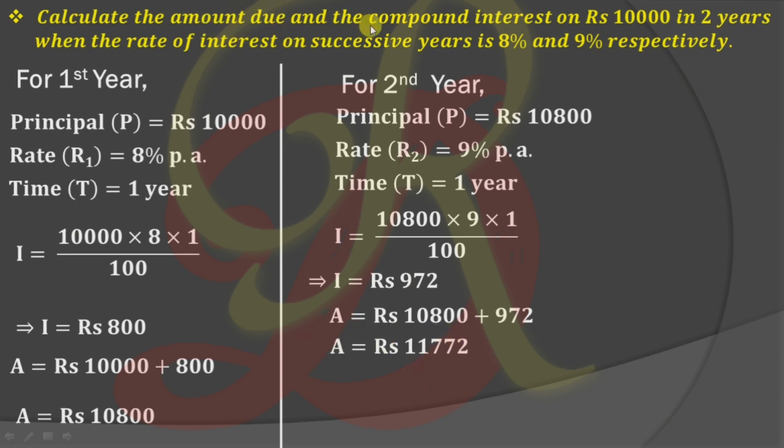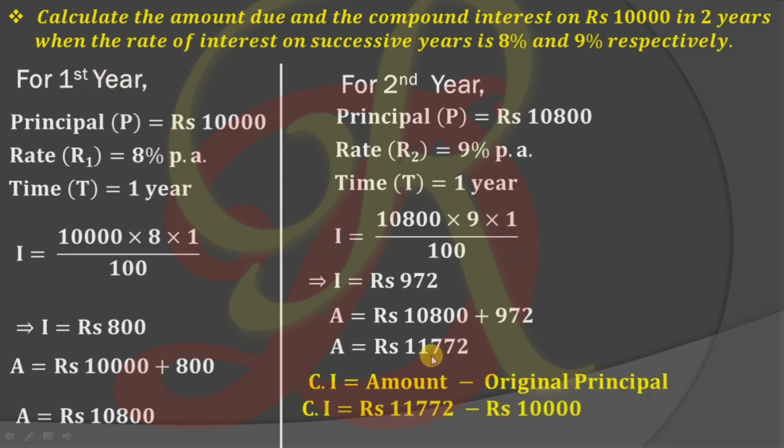So we got the amount, but now I need to calculate compound interest also. Compound interest is equals to amount minus original principal. So in this problem we'll get two principals. For the first year it is 10,000 and second year it is 10,800. This 10,000 principal for the first year is known as the original principal. So amount is 11,772 minus 10,000 is equals to rupees 1,772. So this is your second answer. So we got amount is equals to 11,772, compound interest is equals to